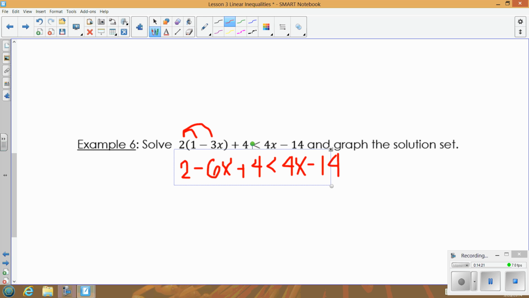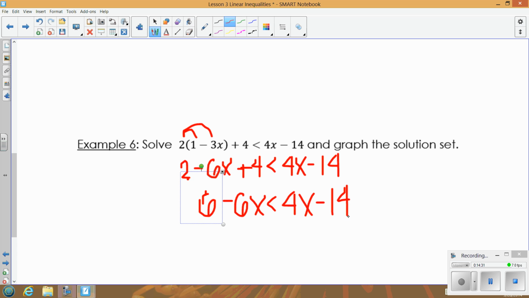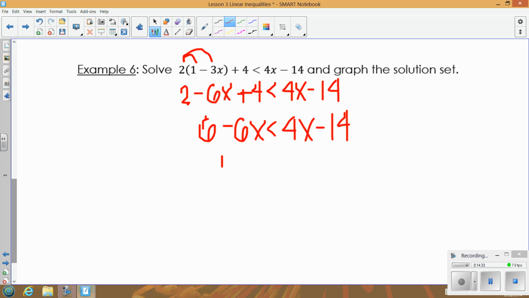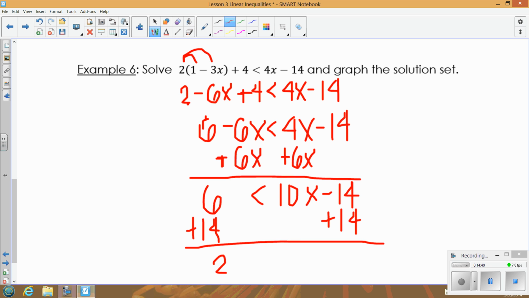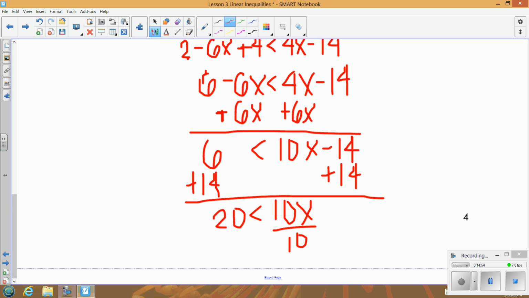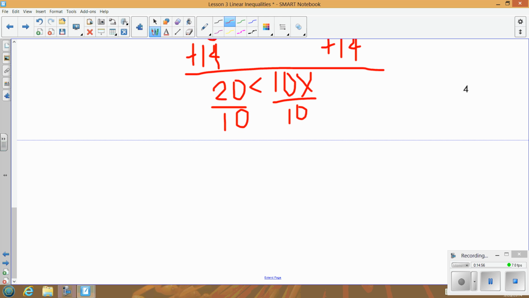Next thing, combine any like terms. So I'm going to have a 2 and a 4 on this side. Let's combine those. And now I'm trying to get x's by themselves. So I'm going to bring the 6x over, trying to avoid negatives. But remember, it doesn't matter which one you choose. Bring the 14 over. So we have 20 less than 10x. Divide everything by 10. So we have